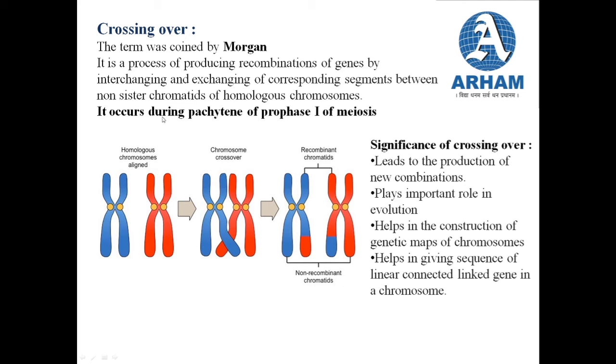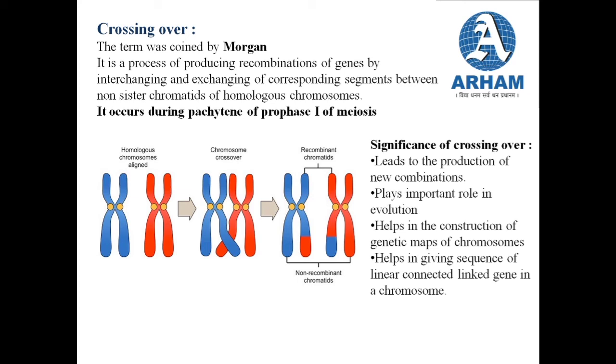So in this stage, what happens? A bivalent chromosome becomes a tetrad, that is, with 4 chromatids, as you can see. Now these are the adjacent non-sister chromatids. These non-sister chromatids join together at certain points called chiasmata. So crossing over takes place between the non-sister chromatids in the region of chiasmata.